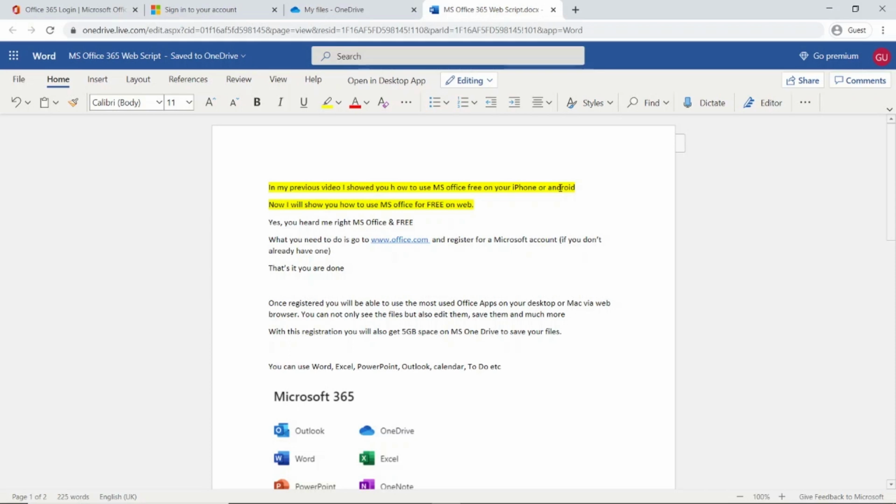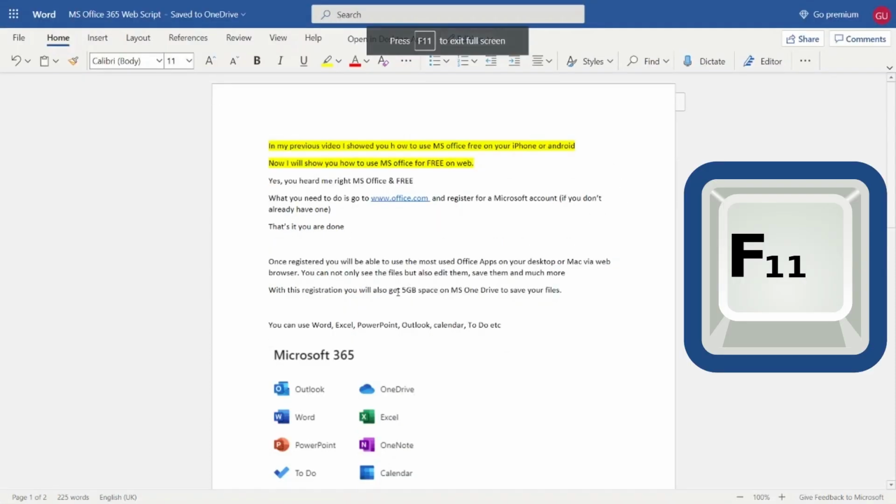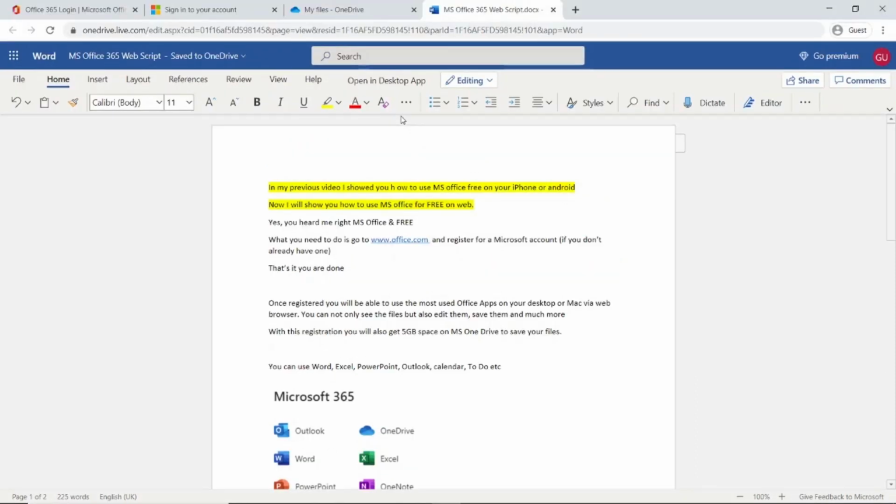One thing I like to do is whenever I'm working in the web interface, I go and hit F11. After hitting F11, I get a full screen. So I'm not able to see the taskbar and the address bar of Google Chrome or whatever browser you are using. So it makes it much easier and cleaner for me, so I don't think at the back of my mind that I'm using a web version, but it seems as if I'm using the desktop version itself. So I'm clicking F11, coming back to this just to show you how it's working.